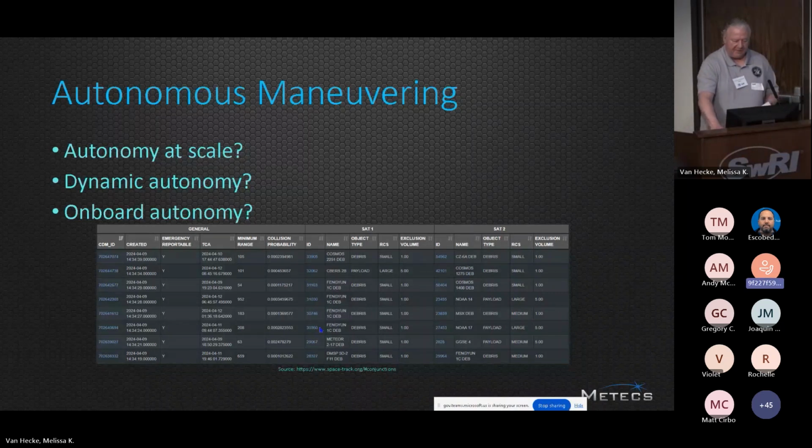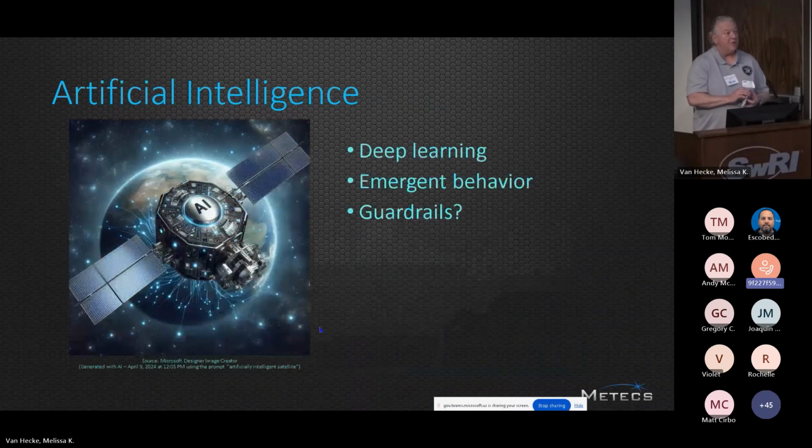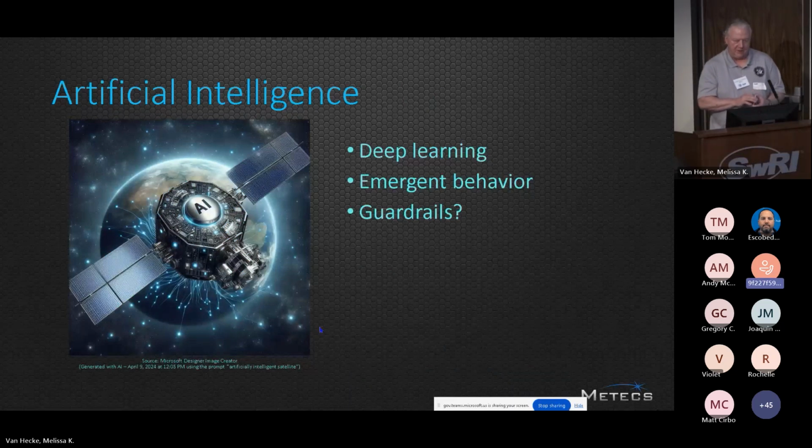And that finally brings me to my final topic, which is artificial intelligence. Yes, you can check that off your buzzword bingo. I did get it in my presentation today. But while artificial intelligence is a buzzword and it's a little hyped, that simply means that it's becoming more mainstream in a lot of respects. In fact, we have a lot of autonomous presentations at this conference, this workshop. And I didn't specifically see, but I would imagine we have some artificial intelligence applications as well. And I know we're seeing many of these announced by our partners and competitors.